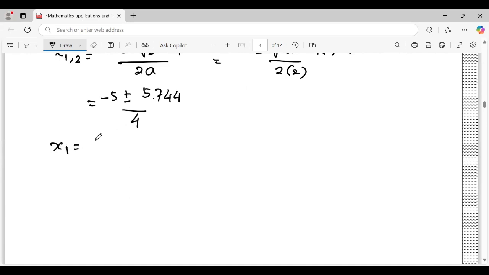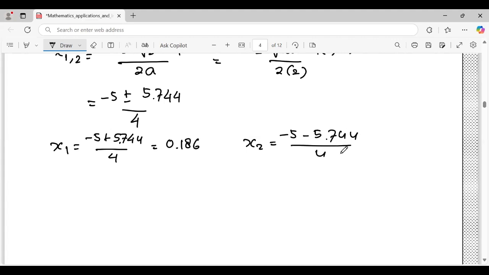So x1 is minus 5 plus 5.744 over 4, and the result is 0.186. x2 equals minus 5 minus 5.744 over 4. The result is minus 2.686. But we cannot accept this result because